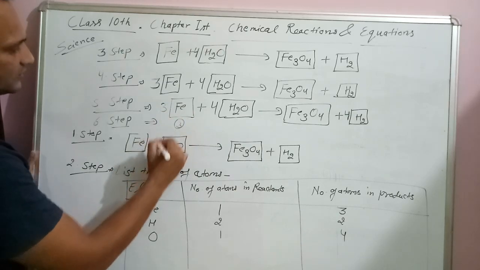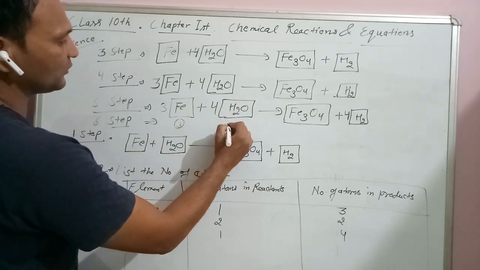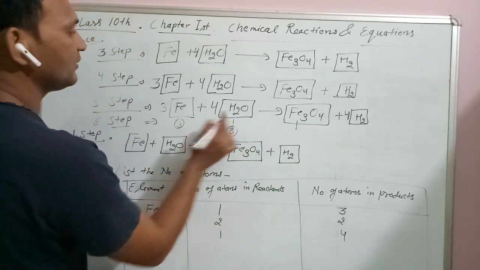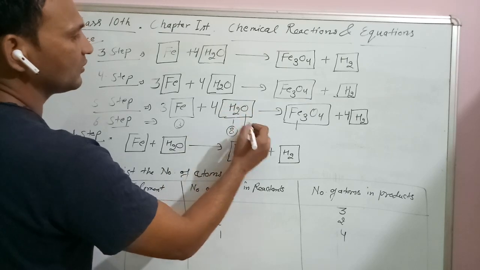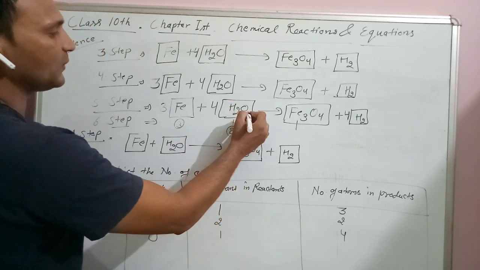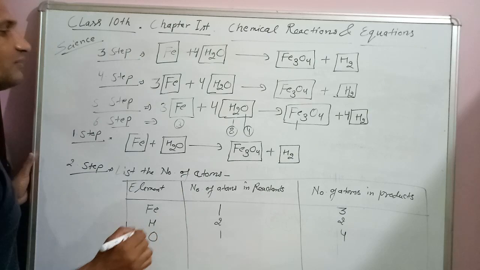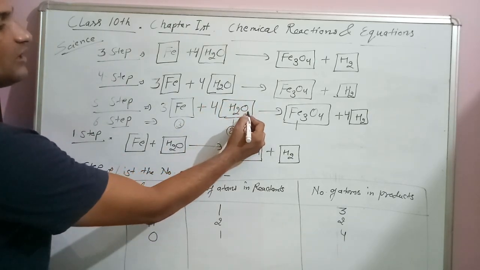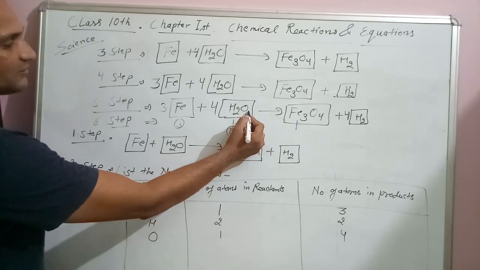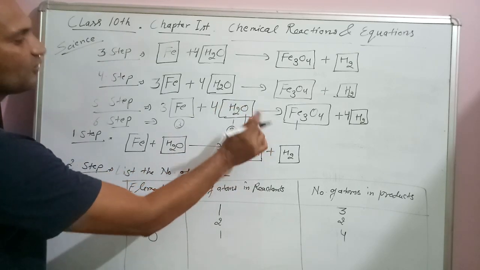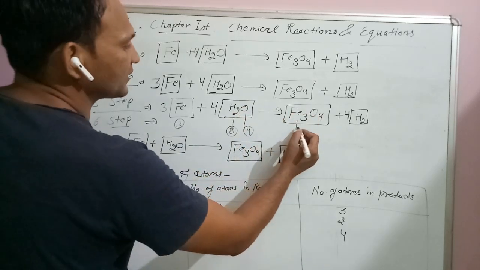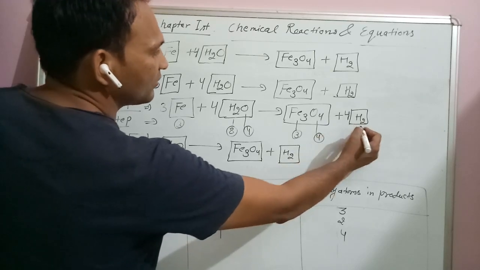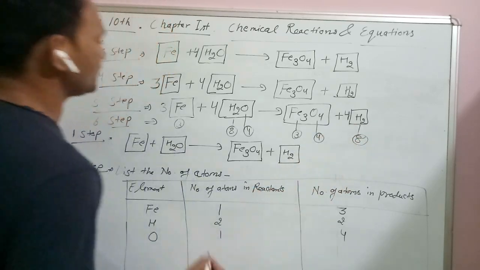3 Fe, yes. 4 multiplied by 2, 8 hydrogens, yes. Here oxygen, 4 oxygens, 4 multiplied by this one. So 4 is written before the box, and there is nothing written after the oxygen. It means there is 1 multiplied by 4, it becomes 4. So 4 oxygen atoms. In the product side, Fe 3, oxygen O 4 and hydrogen H.